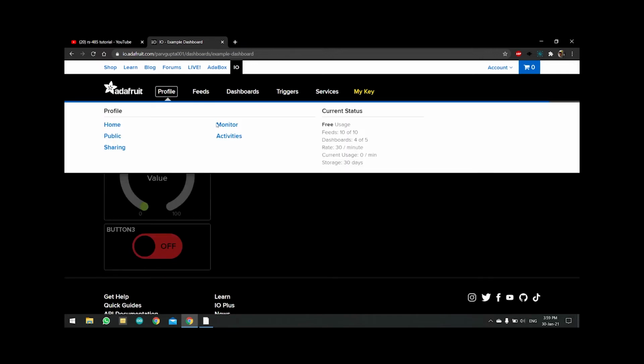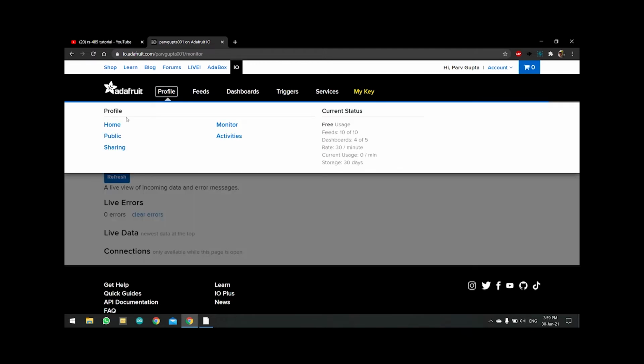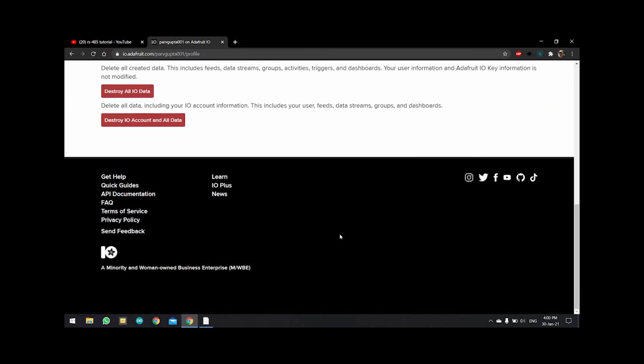In the profile menu, you see this monitor icon where we can view all the data that is currently coming in live. Here in the profile menu, we can also see our limited data plans. That is, in the free plan, you get 30 data points per minute with 30 days of data storage and can trigger every 15 minutes. Here we have support for 10 feeds and up to 5 dashboards. The main point of consideration should be that we have got 30 data points per minute. If you exceed the data rate, our feed will throttle